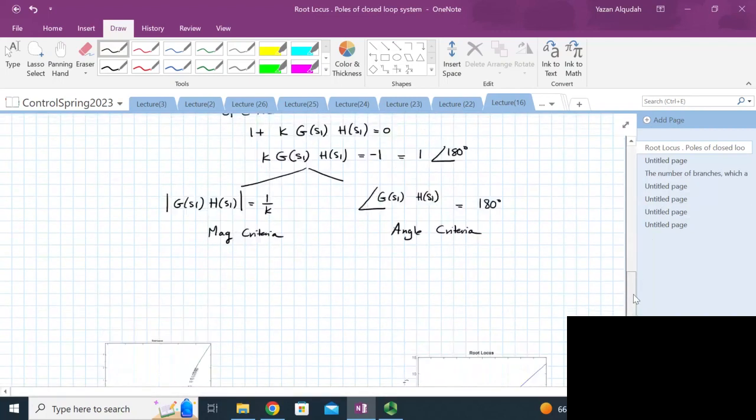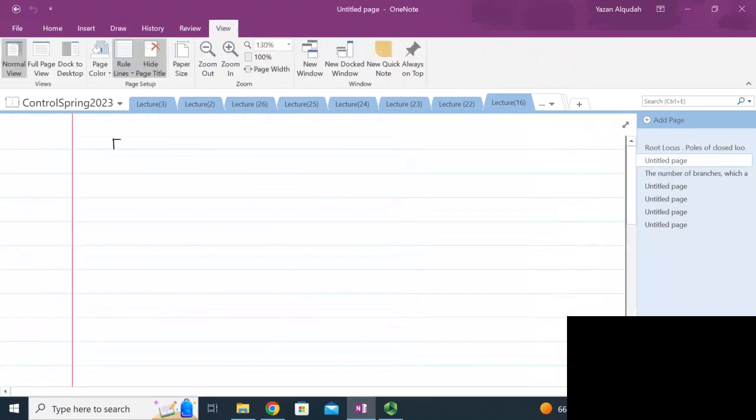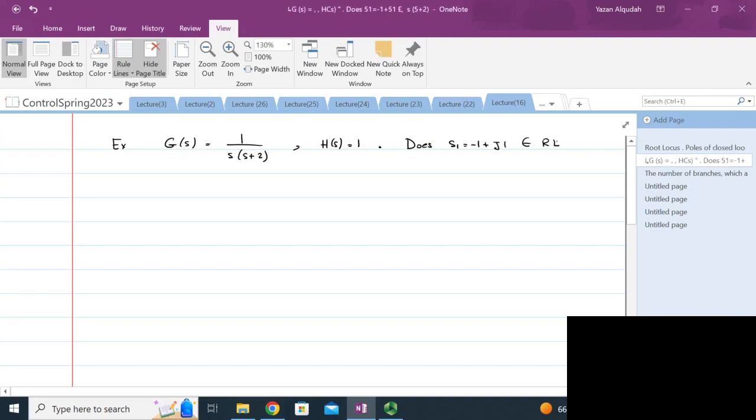So then, as an example of this, if I have g of s equal to 1 over s multiplied by s plus 2, and I have h of s equal to 1, I want to see, does S1 equal -1 plus j1 belong to the root locus or not? What do I have to do to determine whether a point belongs to the root locus? I'm going to use the two criteria that we had before. I'm going to calculate g of S1 multiplied by h of S1,